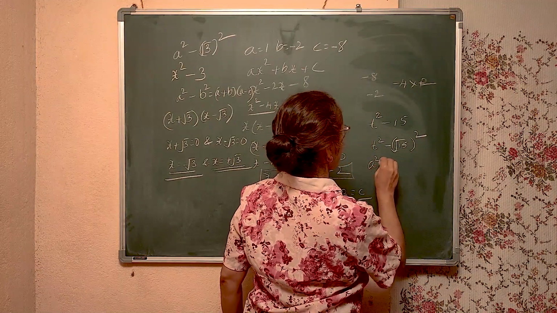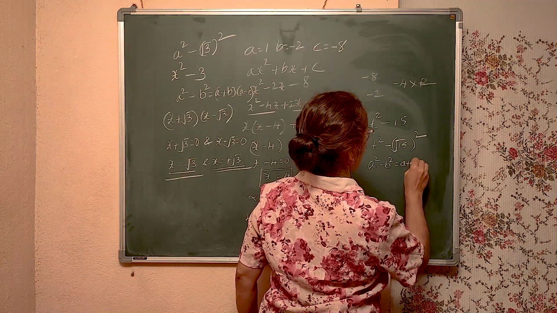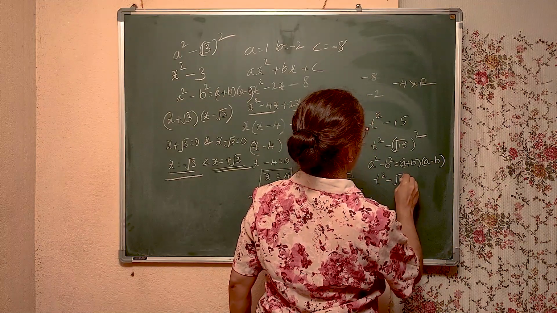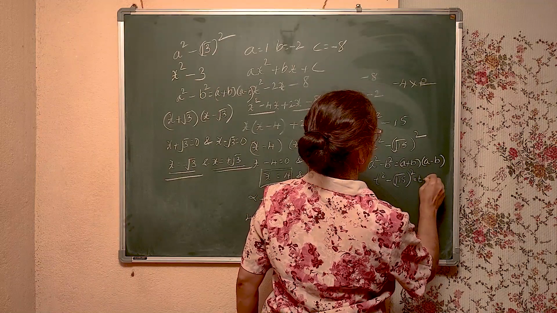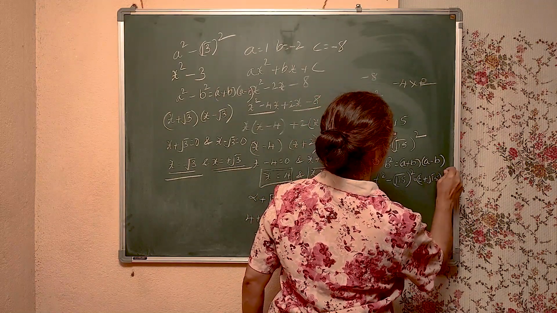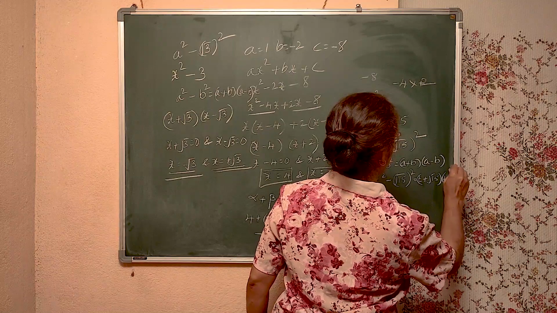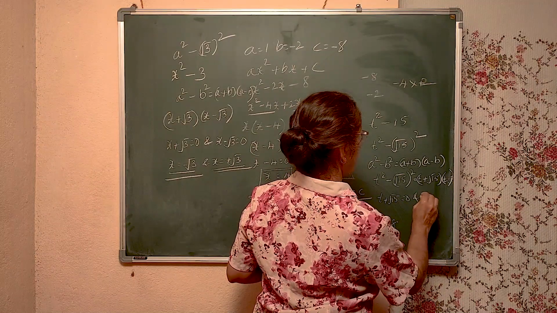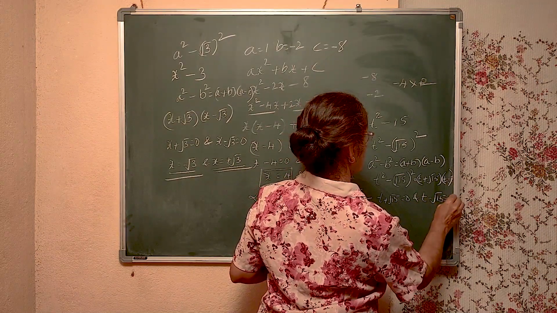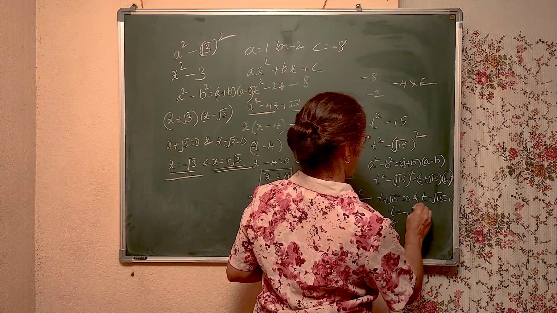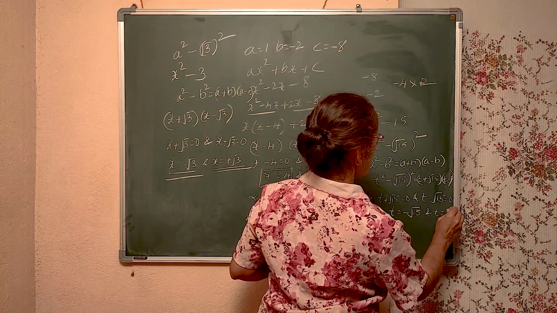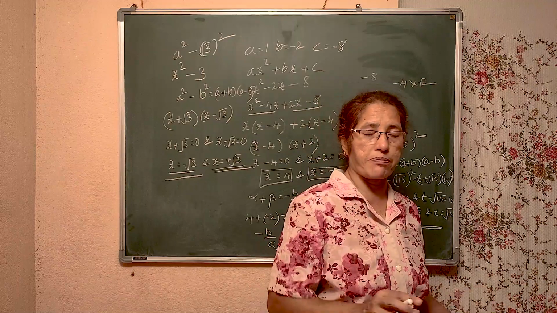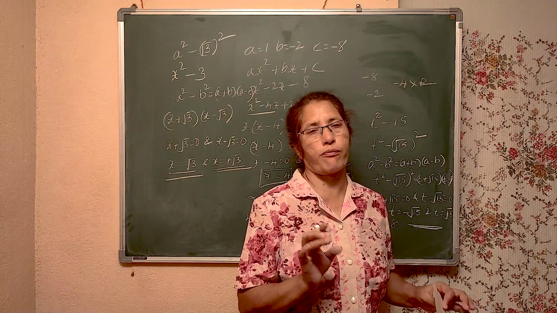Again you can write down a square minus b square is equal to a plus b into a minus b. So t square minus square root of 15 the whole square is equal to t plus square root of 15 into t minus square root of 15. So t plus square root of 15 is equal to 0 and t minus square root of 15 is equal to 0. t is equal to minus square root of 15 and t is equal to plus square root of 15. The remaining types of sums, let me discuss in the next class of polynomials.